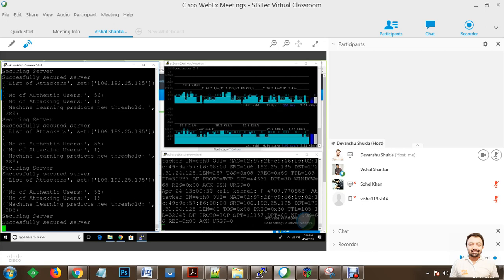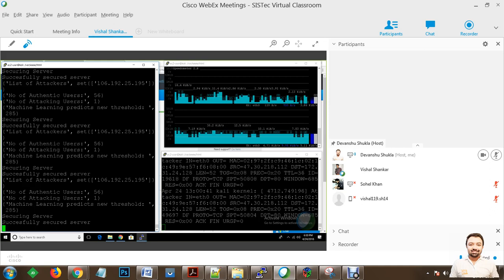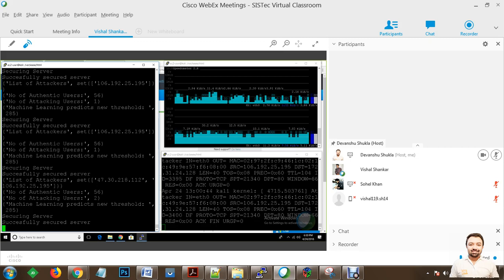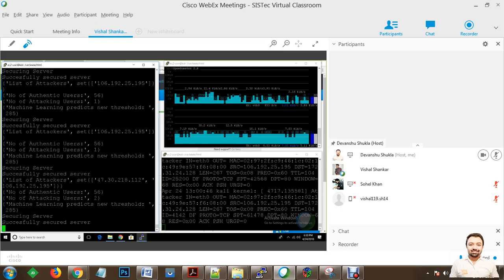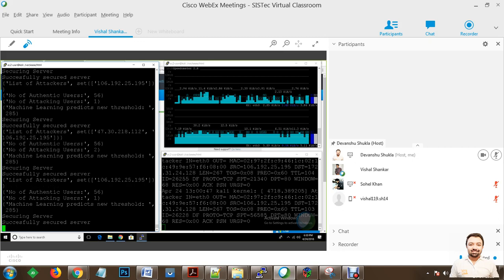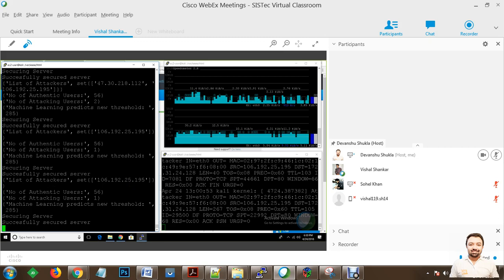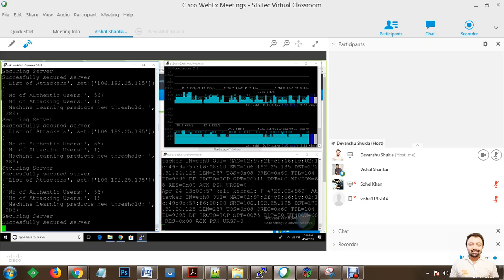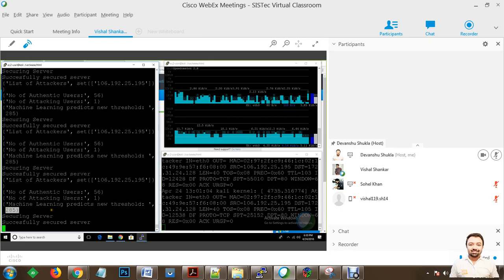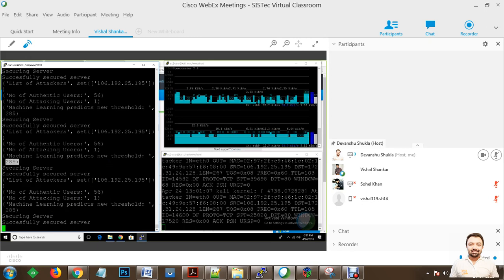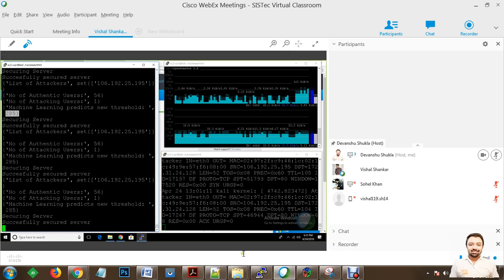So this is how, using machine learning, we have implemented a DDoS protection solution, which is an artificially intelligent solution which tries to identify the number of attackers who are trying to attack the server, and depending on this attack, the automated threshold is identified, and depending on this automated threshold we decide the number of connections, and due to this number of connections, attackers won't be able to occupy the total bandwidth of the servers, and our authentic users will also be able to access it.